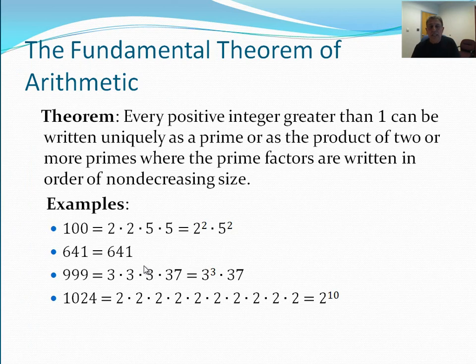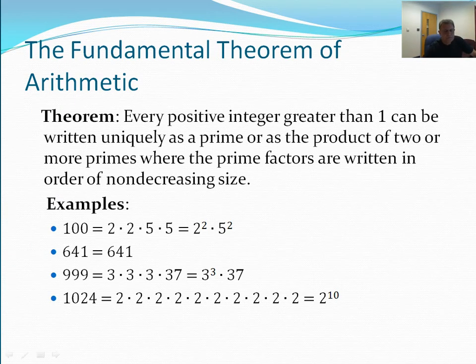Now, if a number is composite, meaning it is divisible by more numbers than just 1 and itself, then we should be able to write that number in terms of a product of prime numbers. All right? For example,